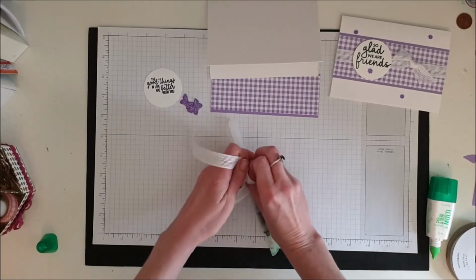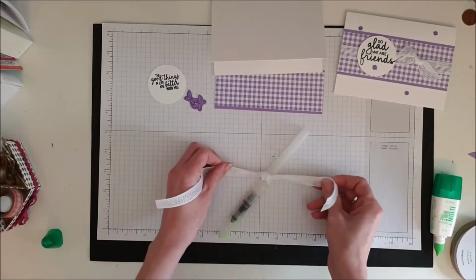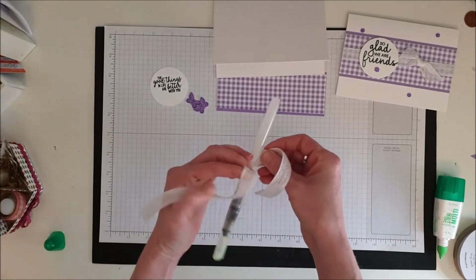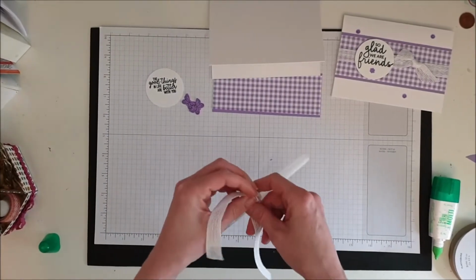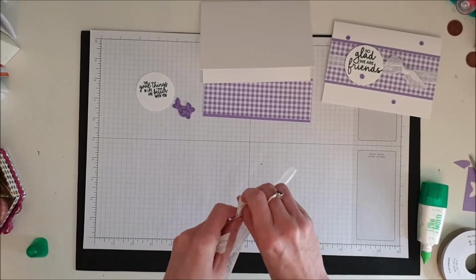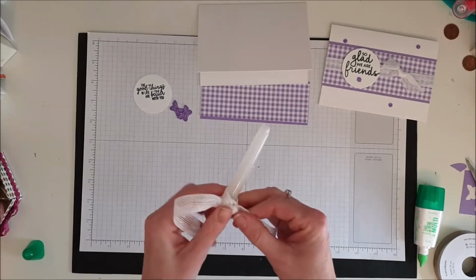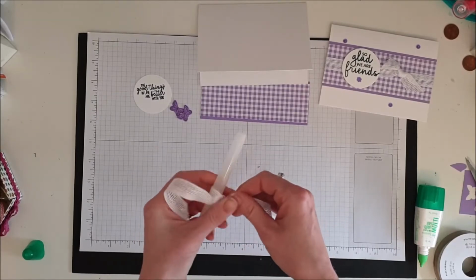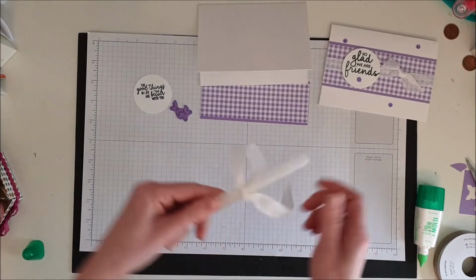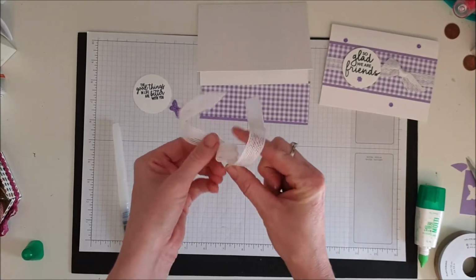a knot in my ribbon over my aqua painter, like so, not too tight, and then I'm going to tie another knot on top of it again. Does feel like you need about 6 hands to do this, and then I'm going to pull that down and I'm going to make sure it's quite flat on top of my aqua painter,